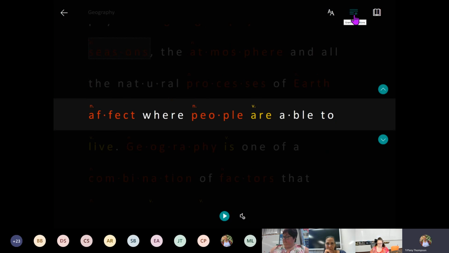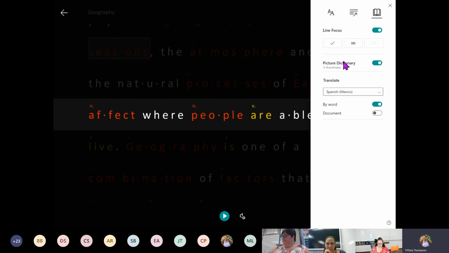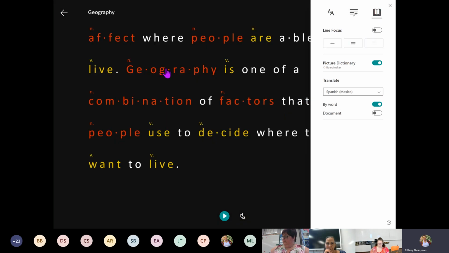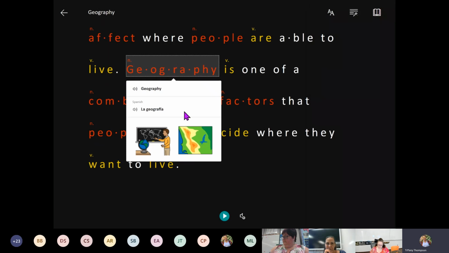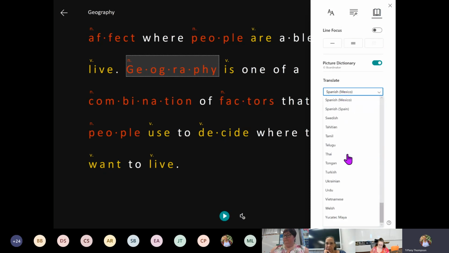This is an amazing feature that many teachers have found lots of success with, or students have found lots of success with. I also have a picture dictionary, which if I click on a picture, it will show me an image that describes it, and it'll also let me listen to that particular word in English and my designated language. So under those reading preferences, you'll notice that I have my translation set to Spanish. I can choose up to 120 languages that are available